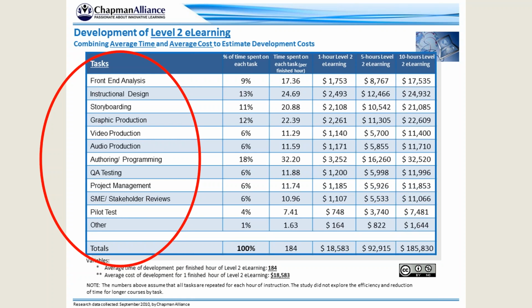These numbers don't float, they flirt too. I've been in very different situations wherein it's taken 200 plus hours to develop something that was level 2. Some of that had to do with re-edits on audio. Some of it had to do with establishing the LMS communication. Some of it had to do with the storyboards not being approved by the SMEs. And I've been on some that have been as little as, say, just 90 hours or so, because the content was a little smaller, or we had already agreed upon certain things and were succinct. So again, I don't think this is the ultimate guesstimate of what's going on, but I think this is a really good, succinct way to look at it.